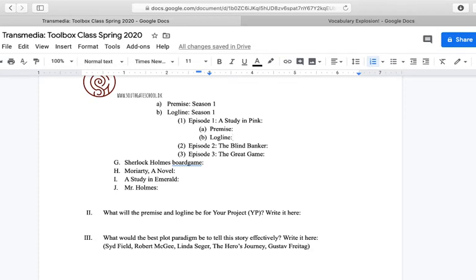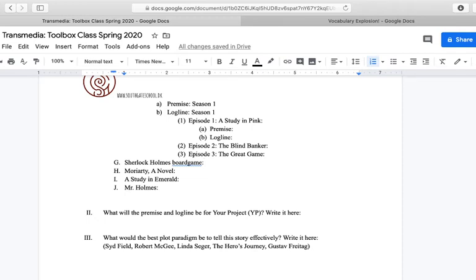That's going to give the BBC execs an idea of the logline for each one of these: the overall show, the overall seasons, and then for the first season, the logline for each of the 3 episodes. All right, so I would like for you guys to write a premise and logline for each one of those,